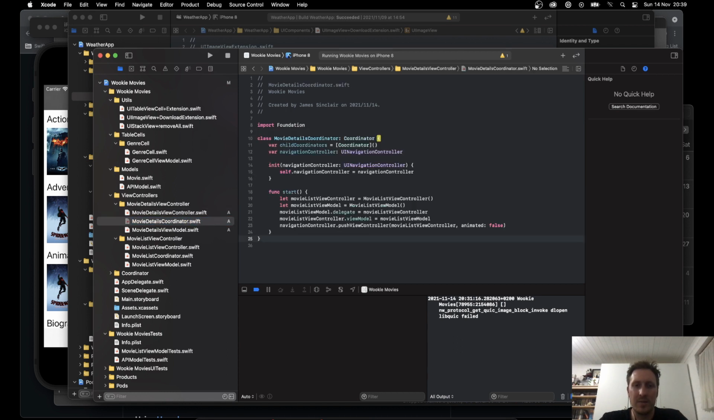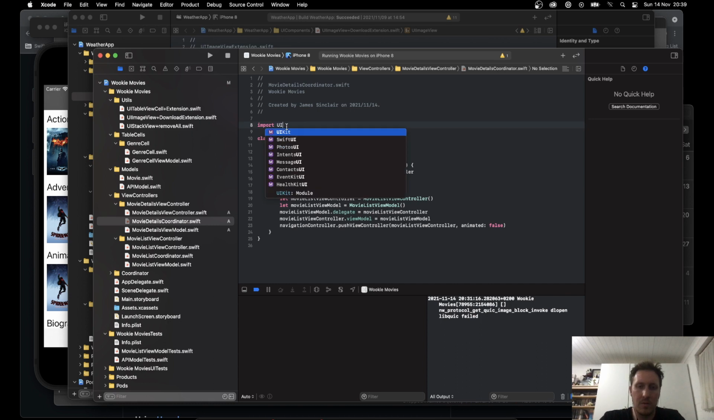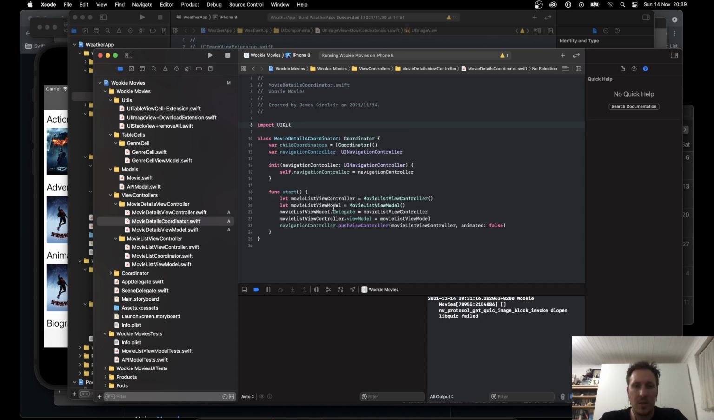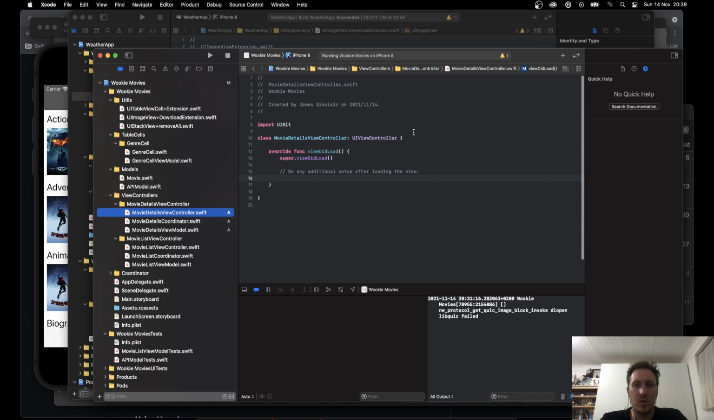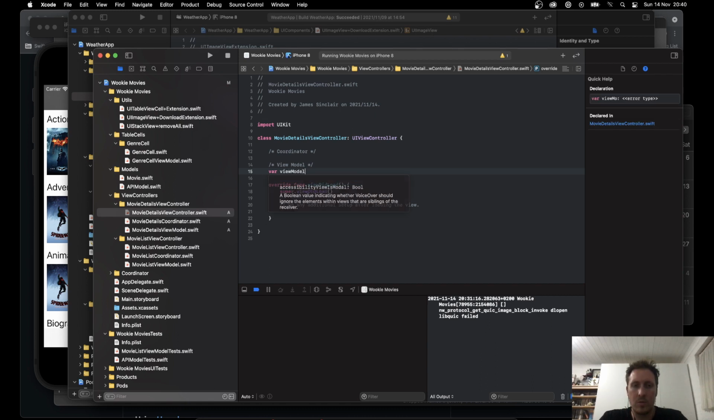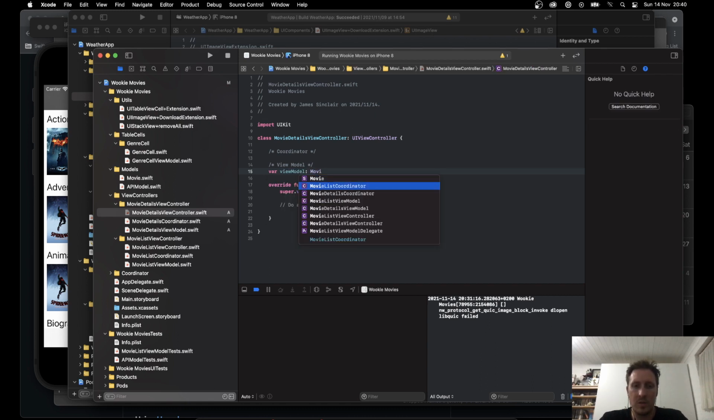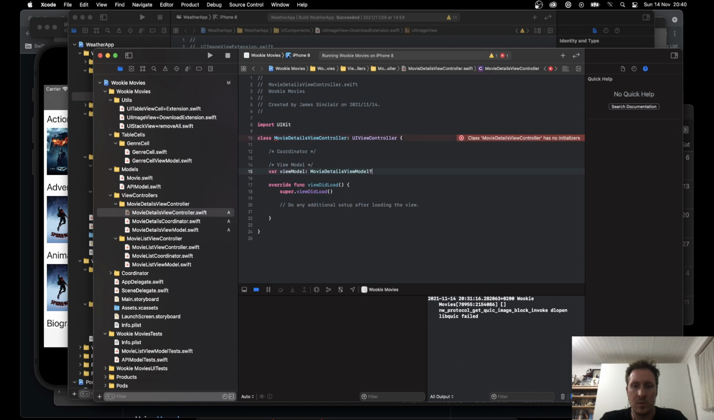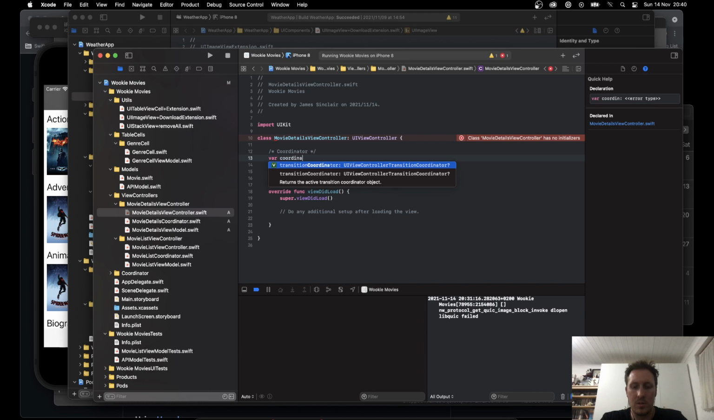Okay, that's what we want for the controller. For the coordinator, we want this. We want UI kit over here. And then the controller is gonna need a coordinator and a view model. So our view model, movie details view model. This can be null for now. And of our coordinator